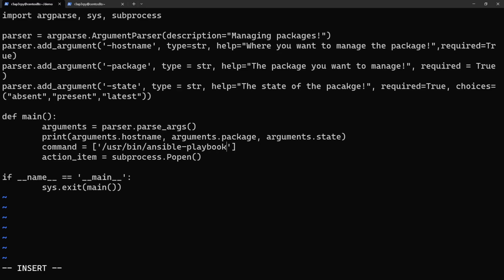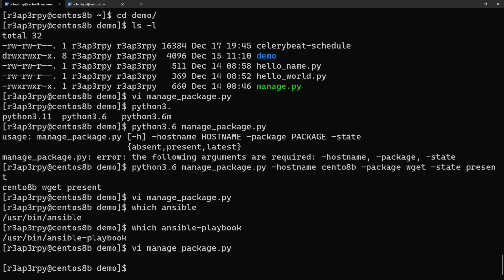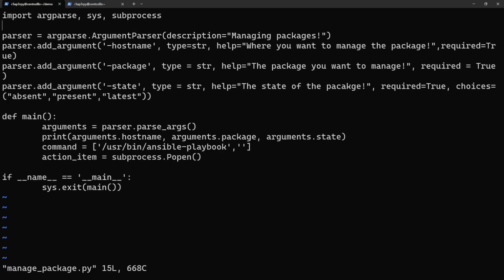First one is the command that we want to run. Then we have to specify the location of the playbook. So ls -l home reaper.py plays manage package.yaml, and then